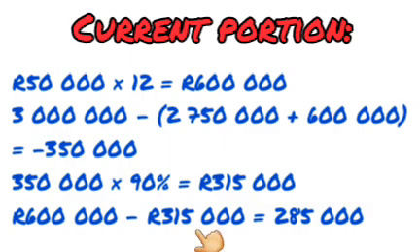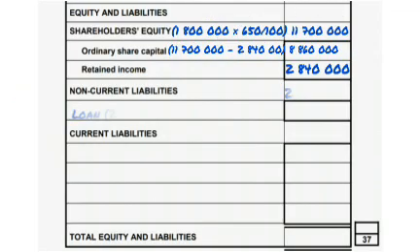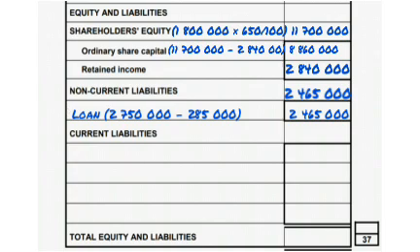So my current portion of loan at the end of the day is 285,000. So when I do my long-term loan in my answer book, I'm going to start with the amount that I owe this year, which is 2,750,000, and I'm going to minus my current portion of loan, which is 285,000 that I just calculated, and it gives me a loan of